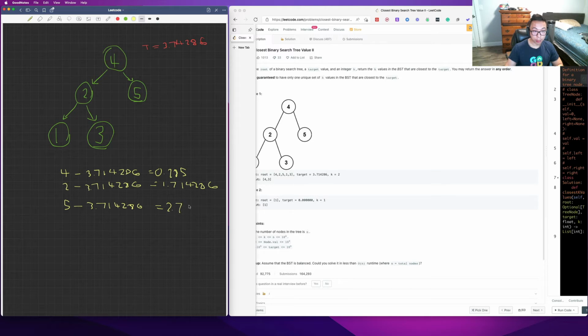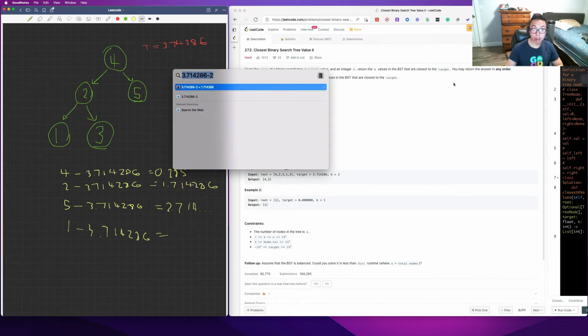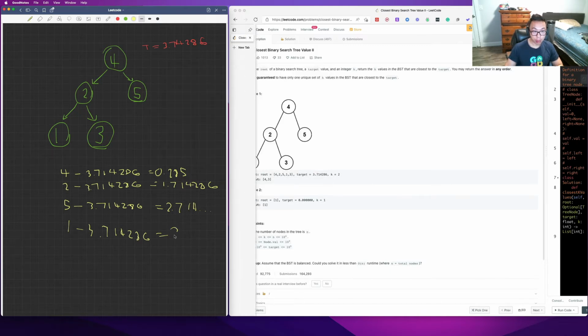So 2.714 dot dot dot, and then we have 1 minus 3.714286 is equal to, I believe that's 2.7 something dot dot dot, and then lastly we have 3 minus 3.714286. So that's going to be